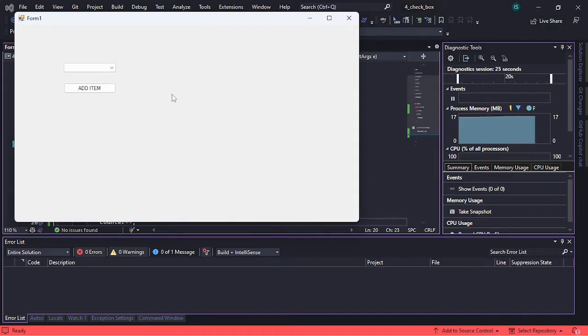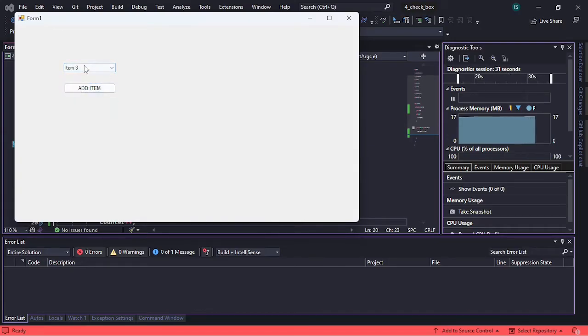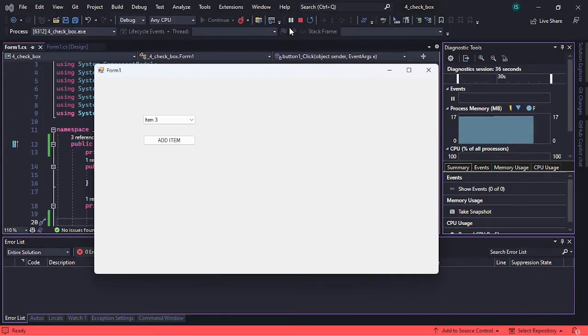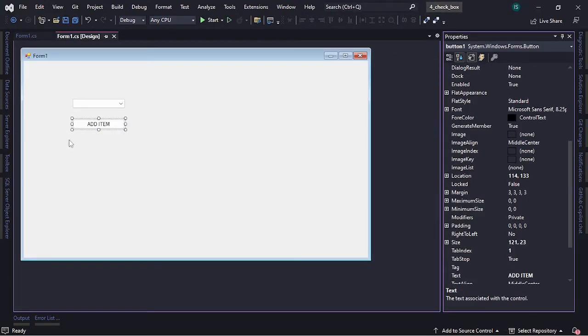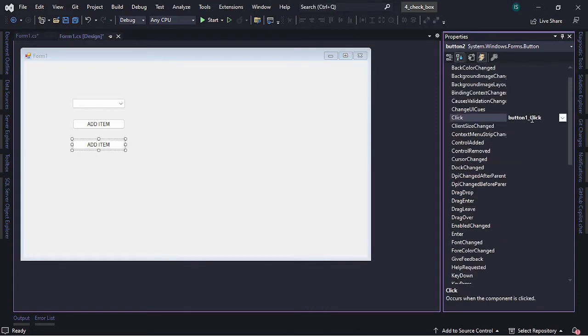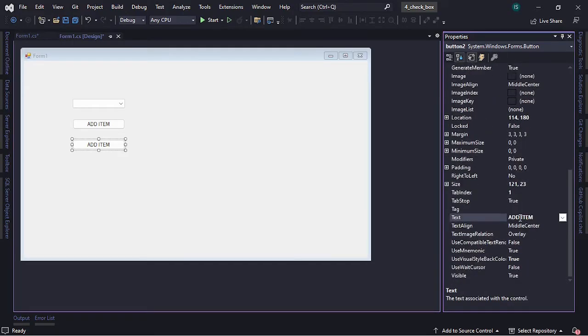Now how to delete, for example, I will select this one because I have 2 of them. I want to select this one and delete it. How to do that? Well, I will add another button and show you how we can do this. So here I will click on Control and drag the button in order to duplicate it, and make sure that the event is not the same one, because we want to have another method that will be executed when this button is clicked. So let me first change the text to